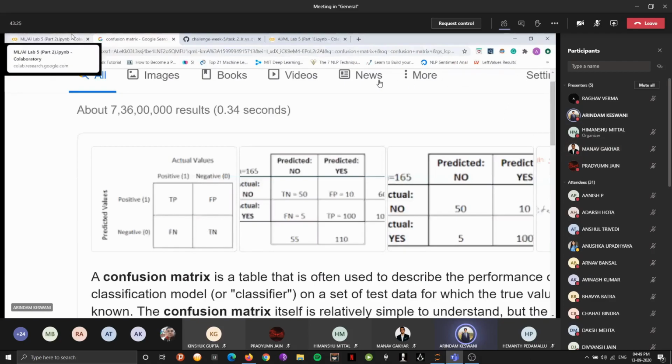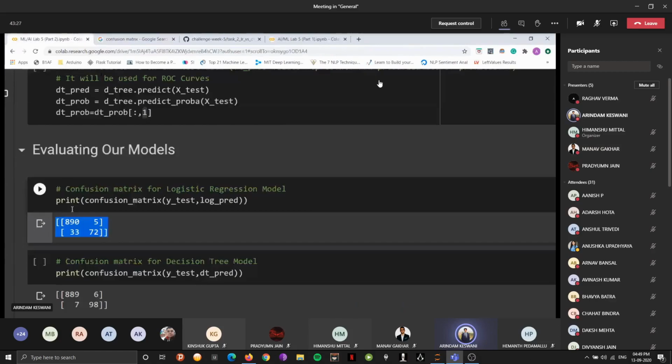And how is it relevant to our data set? So these are our true positive values and these are our true negative values. Let's keep our attention to these values for now. So we see that we have predicted 890 values correctly when it comes to positive values, whereas we have correctly predicted 72 negative values in the logistic regression model.